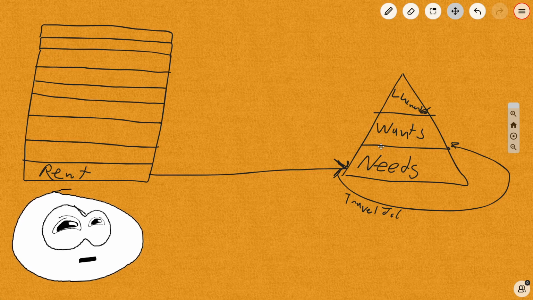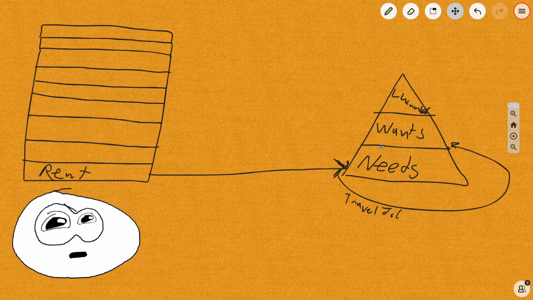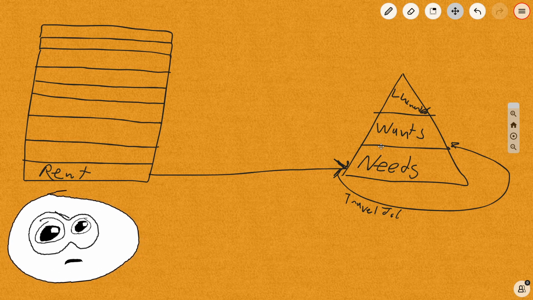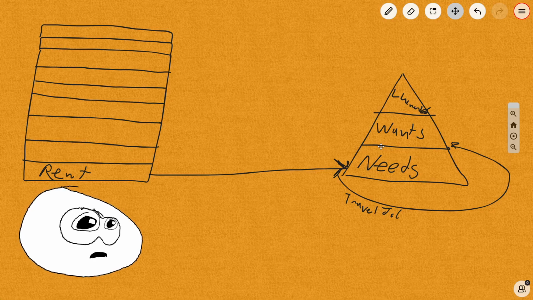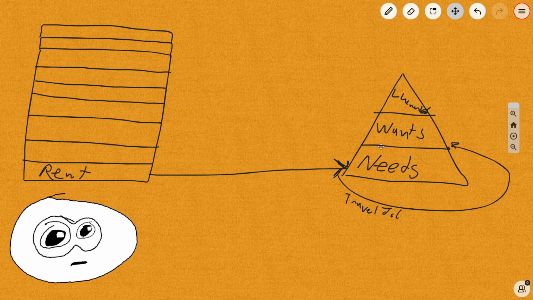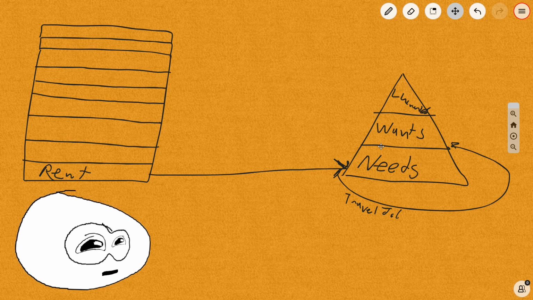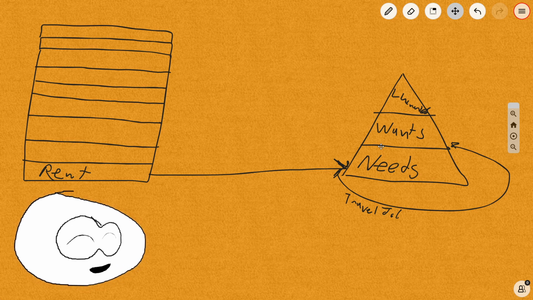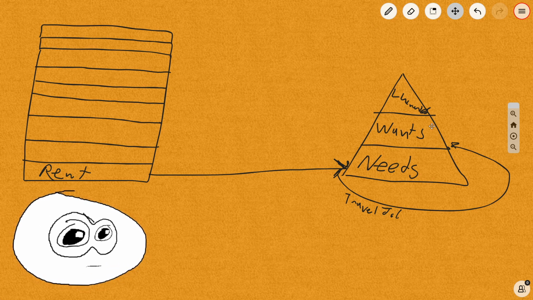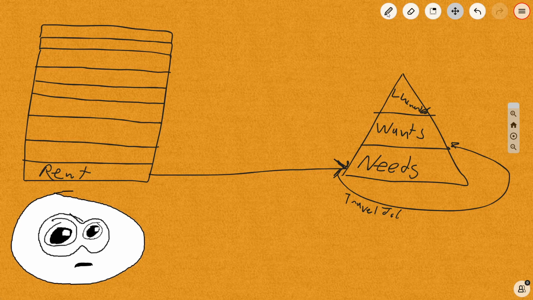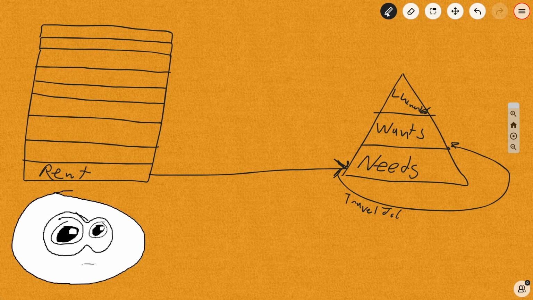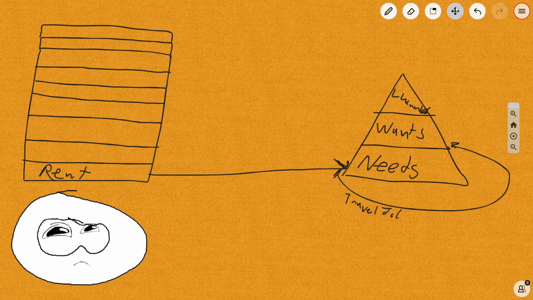And I say that because maybe you feel like, oh, I need to have a place to stay, right? I've been traveling for 9 months out of the year. I need to have a place that is my own, that I have to stay, and I want my own personal space. That's fine. You can classify it as a need if you want. But I would be open to other options,